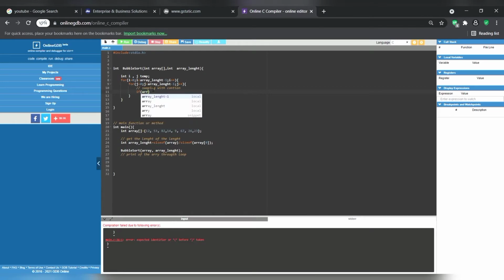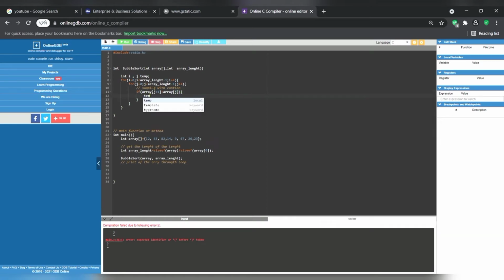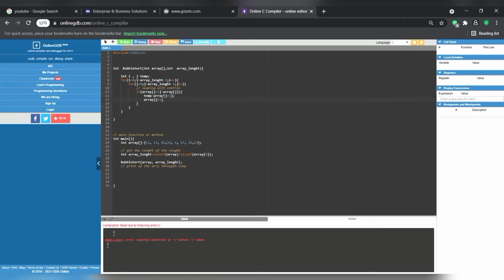If in the array we put j plus 1 greater than array, and I will put only j here. And in this block, I mean the if condition block, I will swap this number using the temp variable, like that.